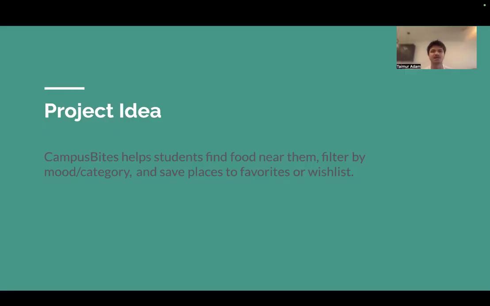The main idea behind CampusBites is to make it easier for students to find food near their current location. The app lets users search for nearby food spots and filter them based on what they're in the mood for or what category they want. For example, a student might want something quick, such as a coffee, or be in the mood for a specific